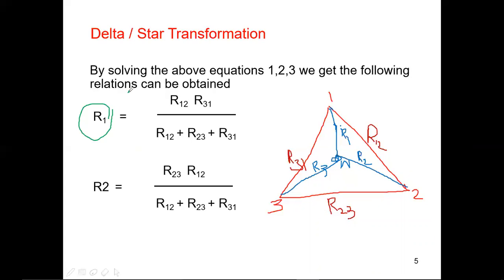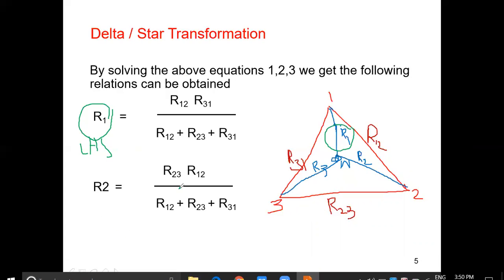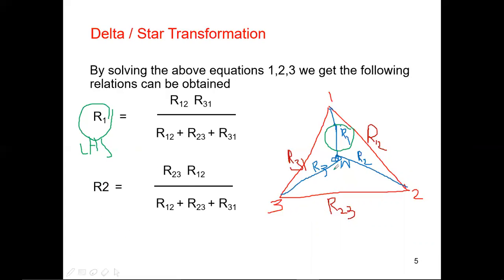If you know the known values R12, R23, R31 of delta, then only you will get the LHS value, the unknown value. So while writing R1, R1 is equal to, for any arm of the star connection, if I am considering this as the arm, any arm of star resistance is equal to